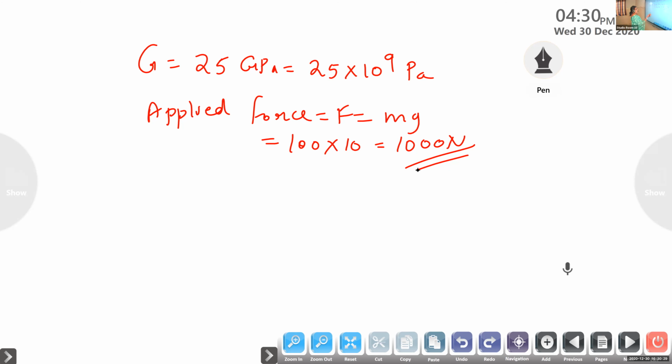Now, what is our equation usually? Shearing modulus. What was the equation we have learned? Shear modulus G is equal to, first we substitute that, shear modulus G is equal to F by, what was the equation? Do you remember? F by A theta. F by A theta.